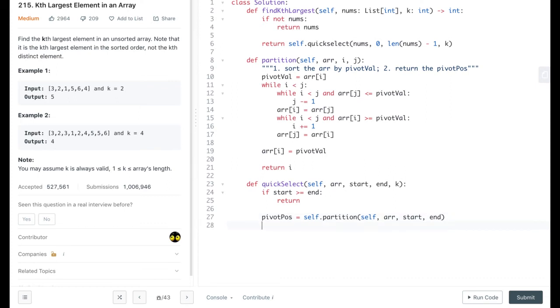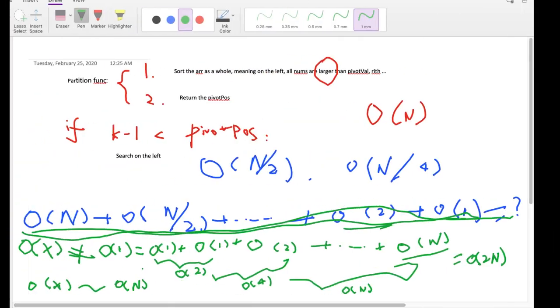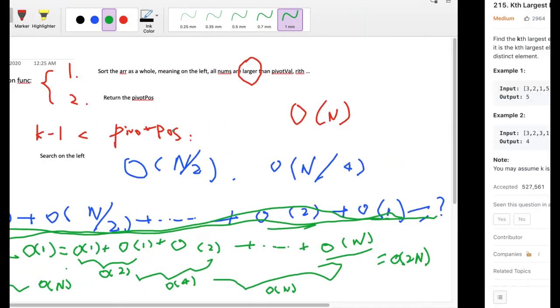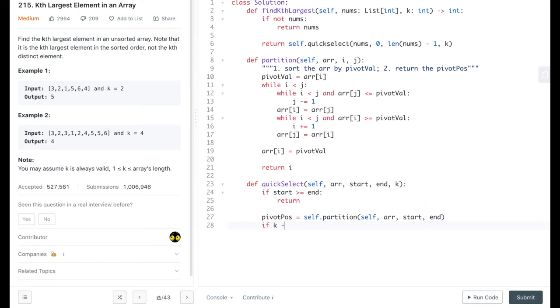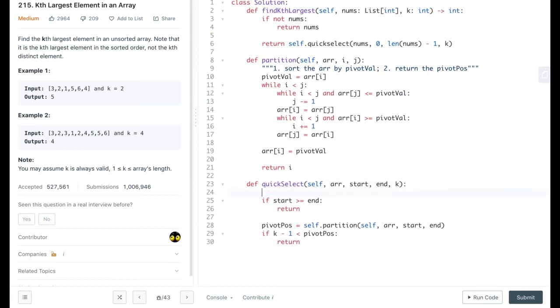And then compare the pivot position with k minus 1. If k minus 1 is less than pivot position, then we should search on the left. Return. So quick select,